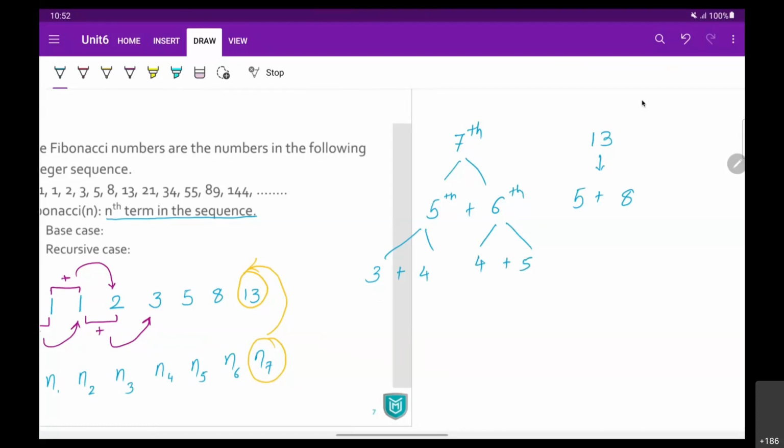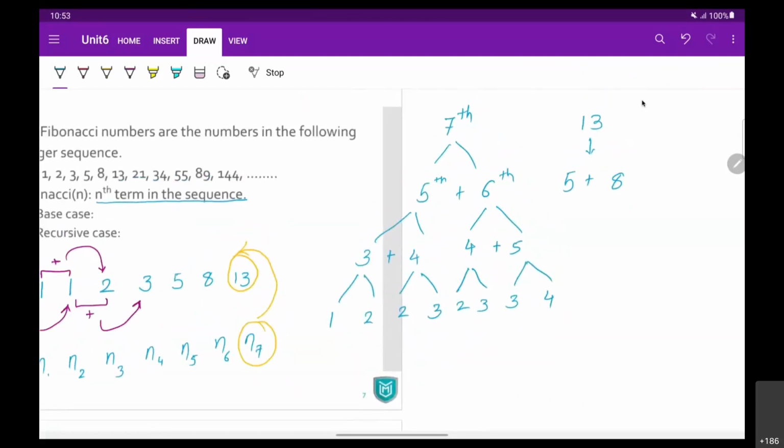ओके, अब थर्ड टर्म कैसे मिलेगी? तो आप बोलोगे फर्स्ट एंड सेकंड टर्म को ऐड करने से मिलेगी. फोर्थ कैसे मिलेगी? सो सेकंड एंड थर्ड को ऐड करने से मिल पाएगी वो. देन फिफ्थ थर्ड एंड फोर्थ को ऐड करने से मिलेगी, एंड सो ऑन. Now still we further go on because अभी तक हमें बेस केस नहीं मिला है. So what we need to do is we'll go further.